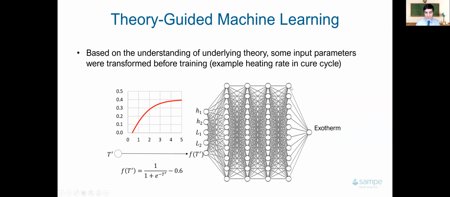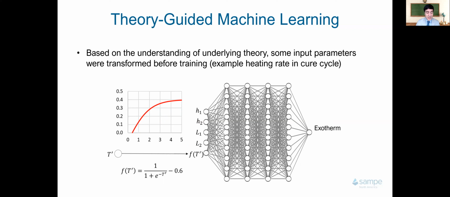But it's a neural network that gets the inputs of the finite elements, the heat transfer coefficient and thicknesses, in this case, the heating rates, of the Q cycle and tries to predict exotherm. This is a specific neural network. But knowing the problem, we know that the effect of the heating rate on exotherm for this 1D